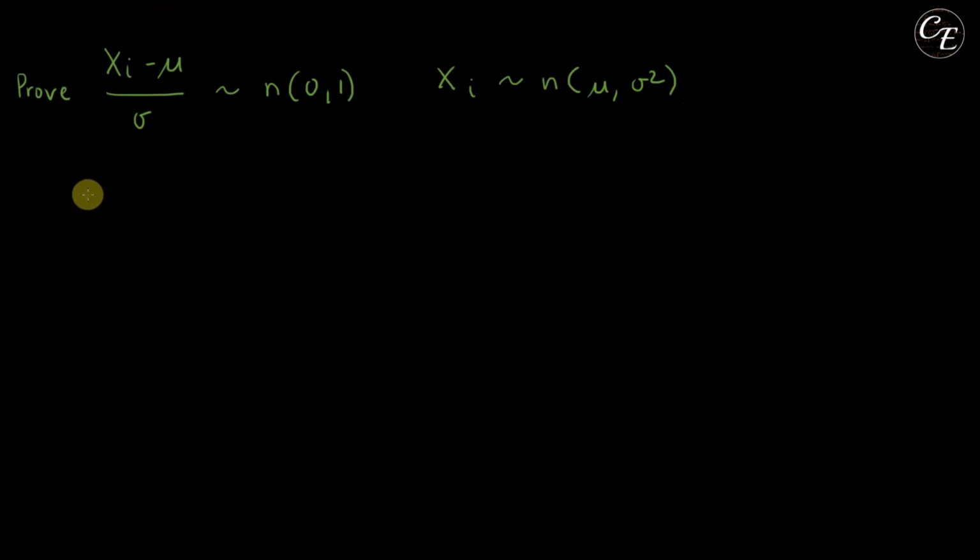So in here, we're gonna prove that (x sub i minus mu) over sigma has a standard normal distribution, where x sub i has a normal distribution with mean mu and variance sigma squared. The moment generating function for this one